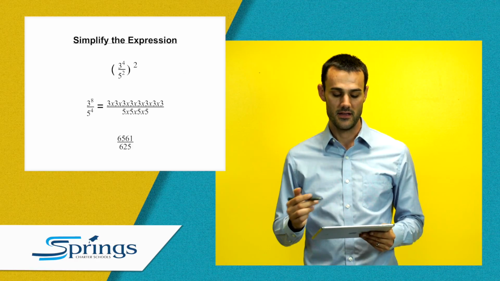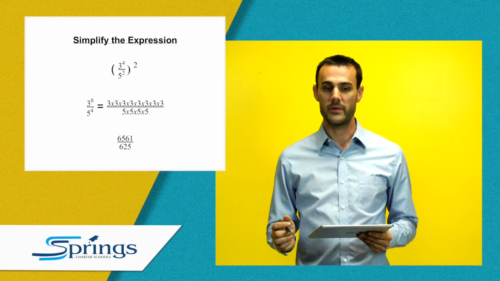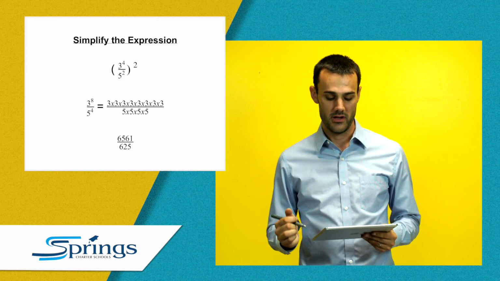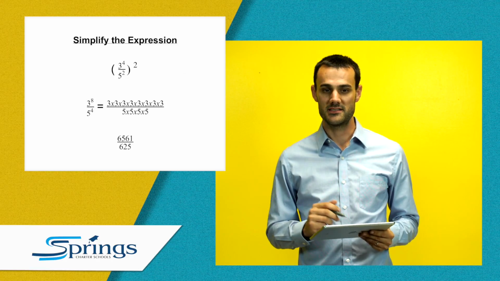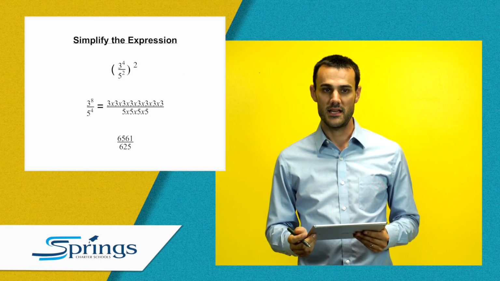So you can see here that I have 3 raised to the 8th power over 5 raised to the 4th power. This is because 4 times 2 is 8, and 2 times 2 is 4. And I've broken it down for you and shown you the long way. I have 3 times 3 listed 8 times over 5 times 5 listed 4 times. In this case, our final answer is